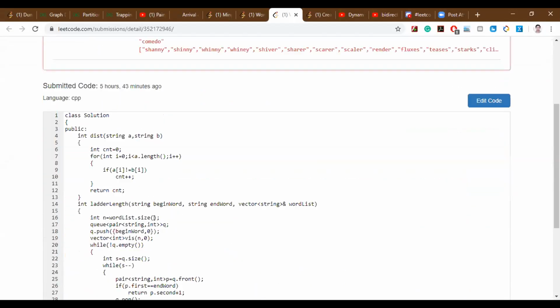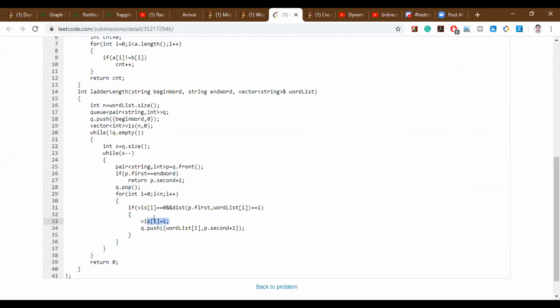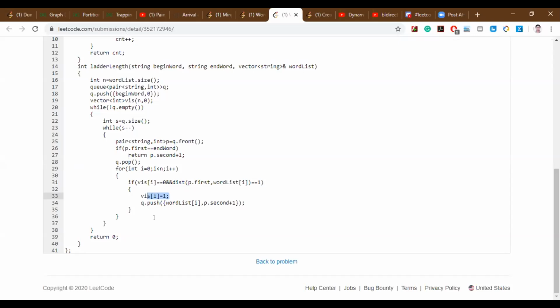Yeah, could you please go down? Your solution is based on the word list. So here at line 29, if your list is too big, that may be an issue, right? I don't think that is the issue. Here, we need to consider only those words which are only one character away.